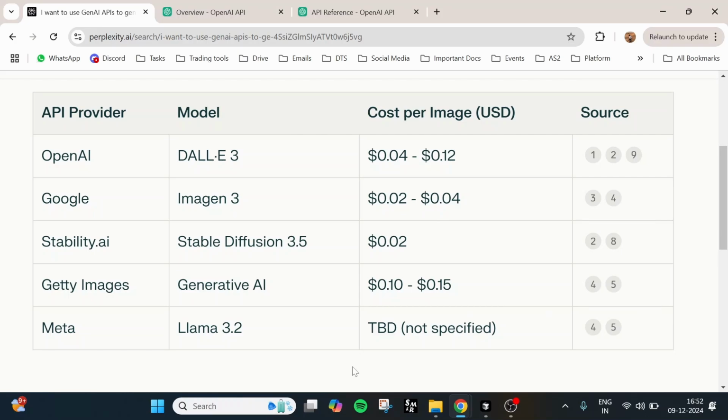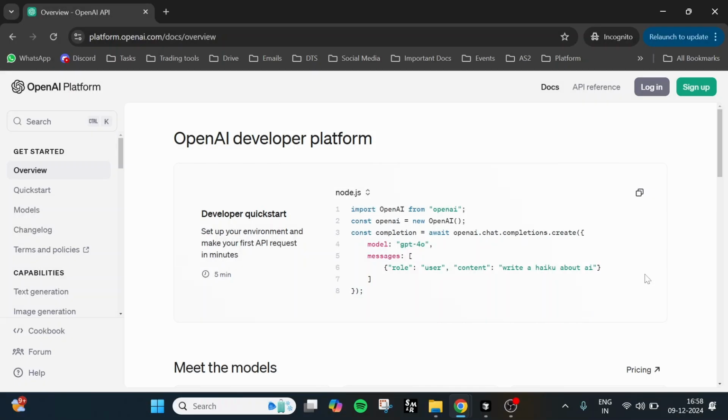For me, I actually felt that maybe OpenAI cost is fine because at 8 cents an image, I might use it like a few times a day to generate a couple of images. So that cost is okay for now. If our volume increases and it starts to become more expensive, then I look at maybe moving to Imagen 3, maybe even Stable Diffusion. I have selected DALL-E 3, so I'm going to go to OpenAI and create my account